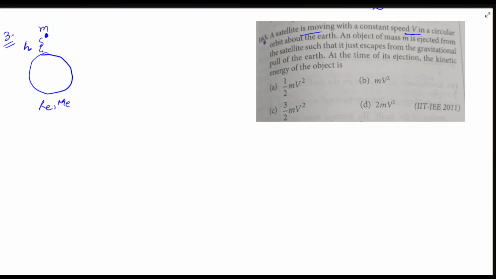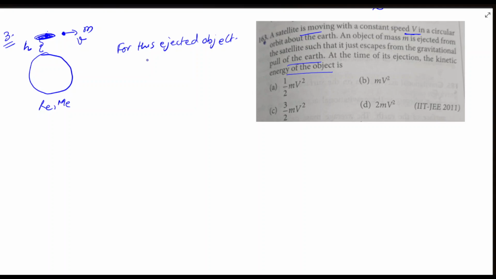An object of mass m is ejected from the satellite. Okay, so this is actually a satellite, right? And a mass is ejected, and it just escapes the gravitational pull of the earth. At the time of ejection, the kinetic energy of the object is, okay. Let's say the speed is v. So for this ejected object,